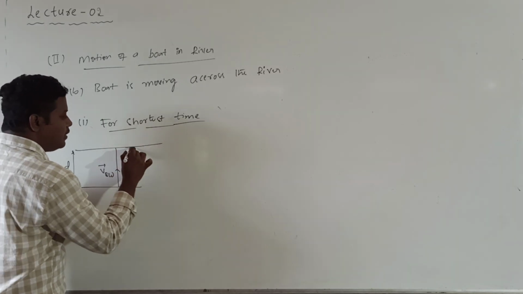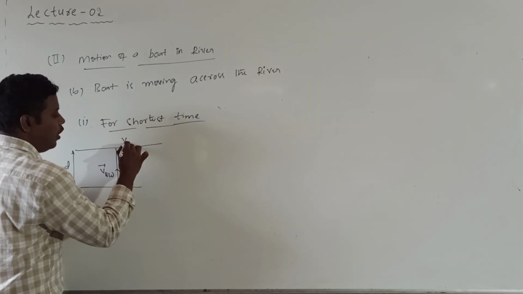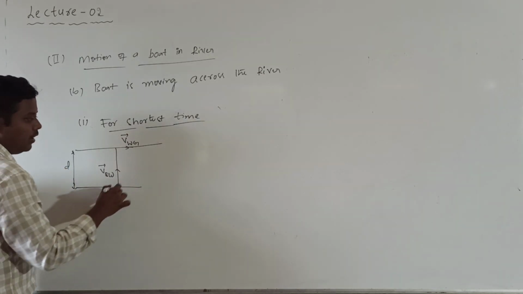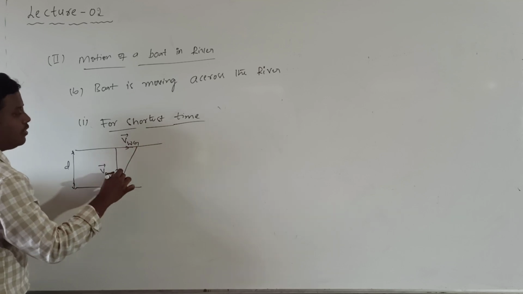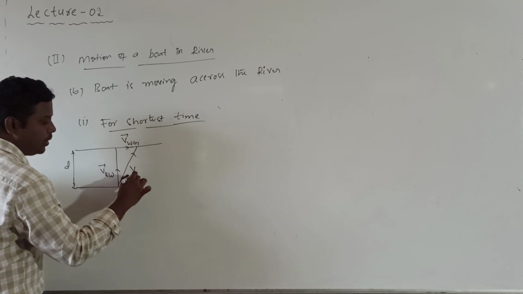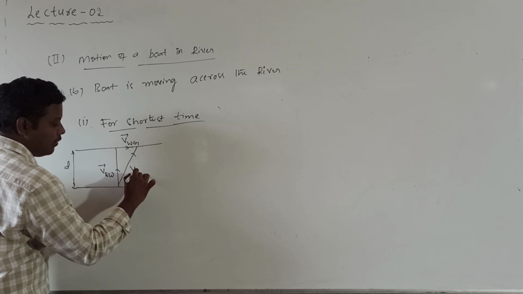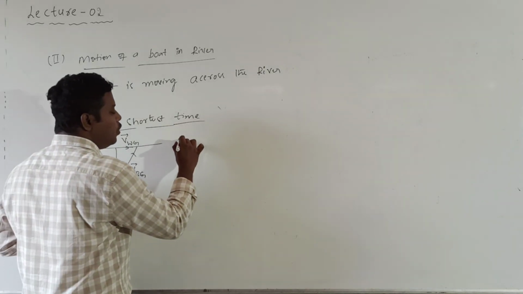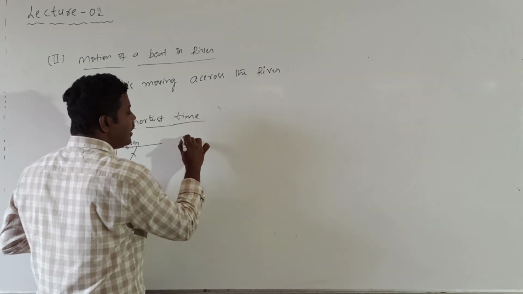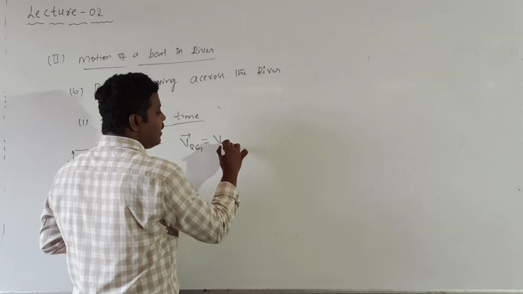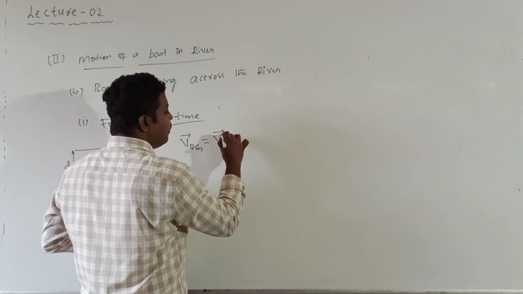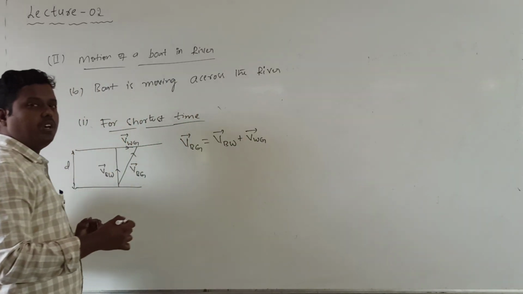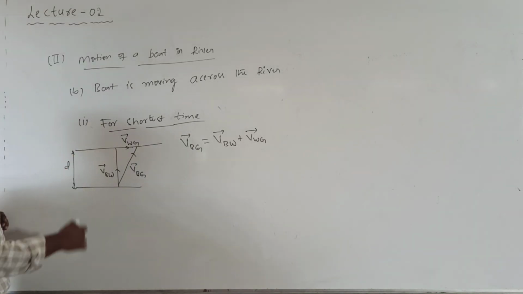So here, what is the velocity of water with respect to ground? It is VWG. Understood? Then the closing side of the triangle, taken in reverse order, will represent which value? The velocity of boat with respect to ground, VBG. Already we know VBG bar will be equal to VBW bar plus which one? VWG bar. So velocity of boat with respect to water plus velocity of water with respect to ground.